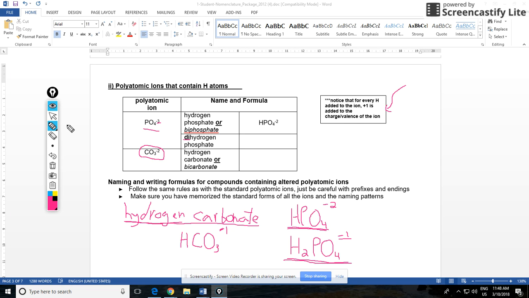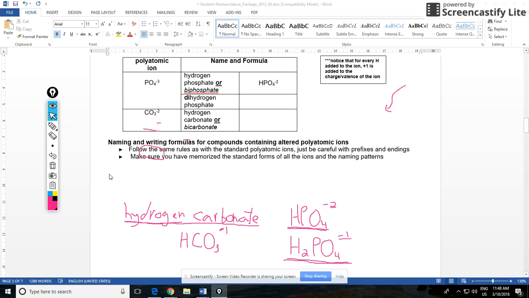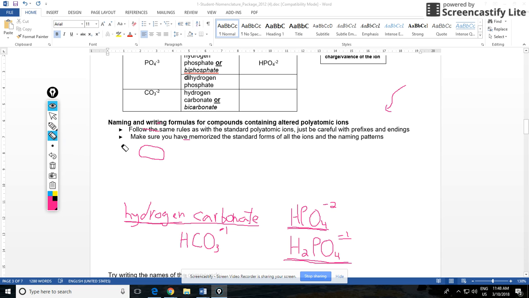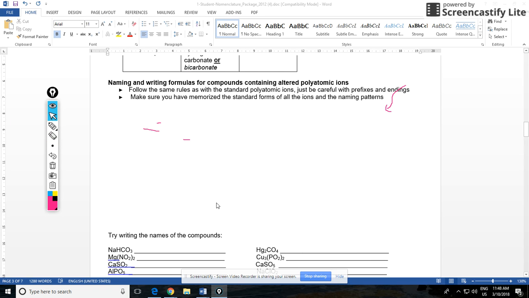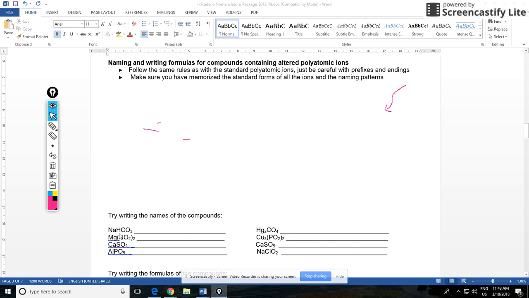So now that you know that, you can derive many different polyatomic ions from the regular -ate version. We'll do a few problems where we have to name some compounds that contain polyatomic ions, and we'll also do some where you have to write formulas from the names. So let's do an example that you might have in your homework package. We'll try this one over here,